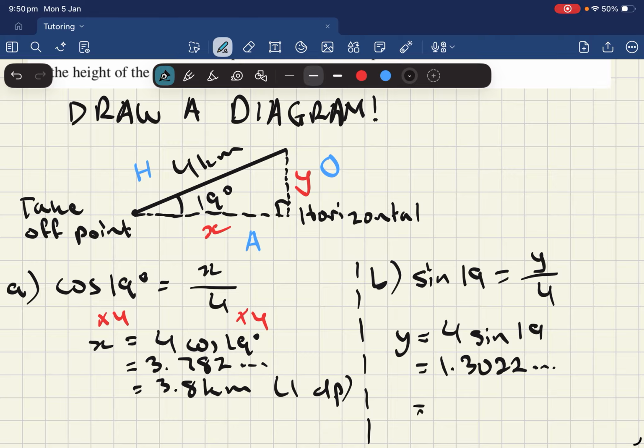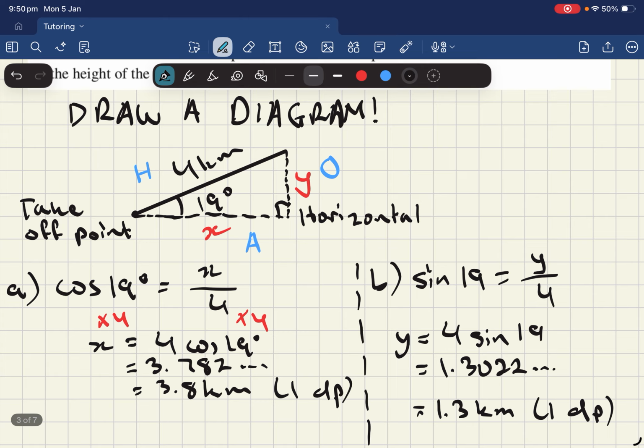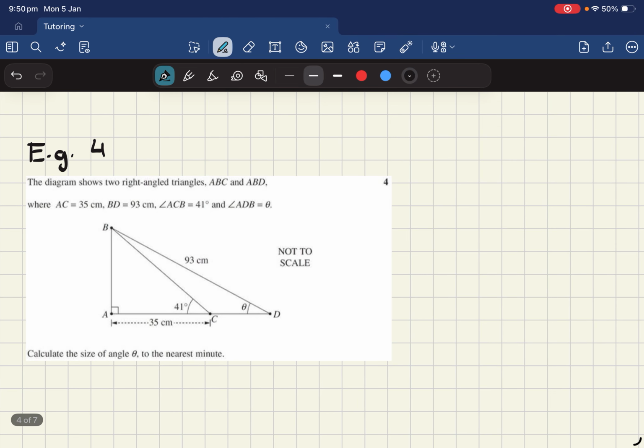which gives me 1.3 kilometers to 1 dp. Okay, last question before we wrap up. Now, this is taken from a past HSC question. So this is like one of the trickier questions you may get when you encounter right angle trigonometry in the HSC. So with this, we've been given two right angle